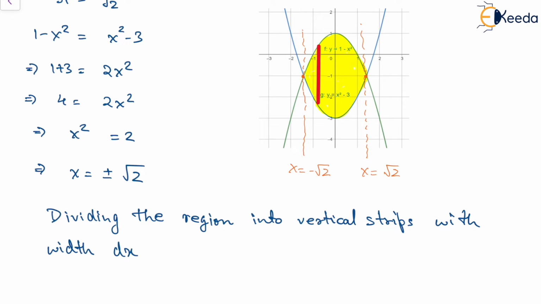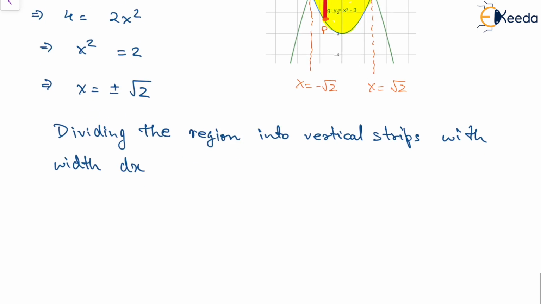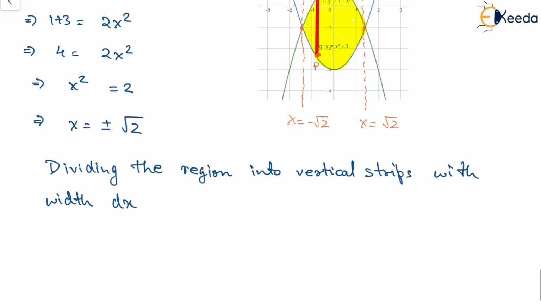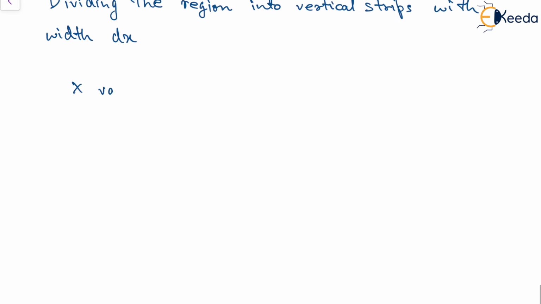Clearly we can see that the initial point, let's say P, lies on the curve which is y equal to x square minus 3, and the end point, let's say Q, lies on the curve which is downward, and that is y equal to 1 minus x square. The limits for x will be from minus root 2 to root 2. So in this case we can say that the limits we have got is x varies from minus root 2 to root 2,